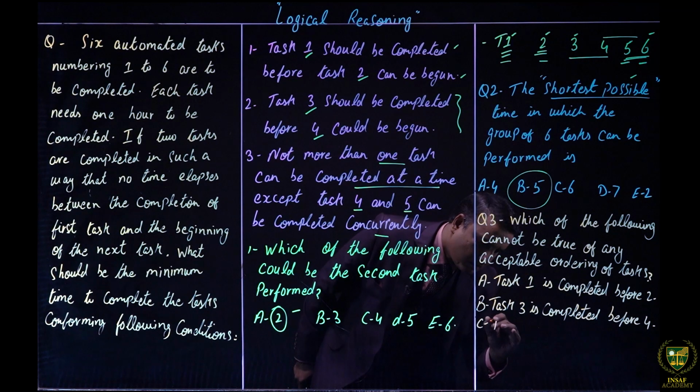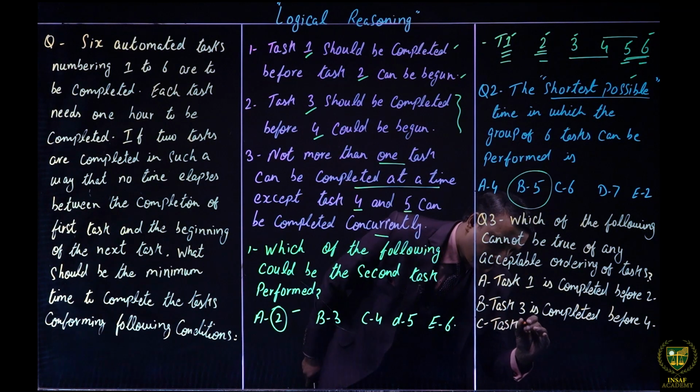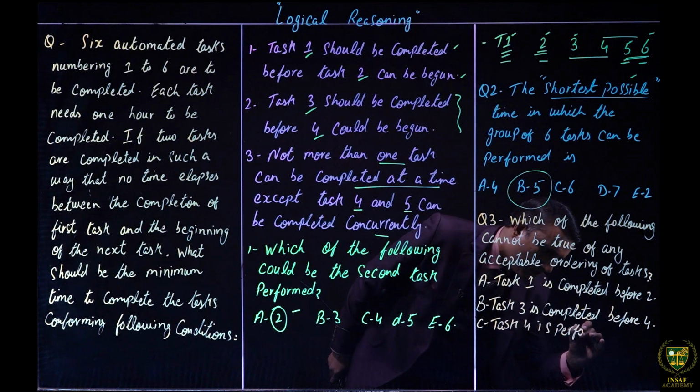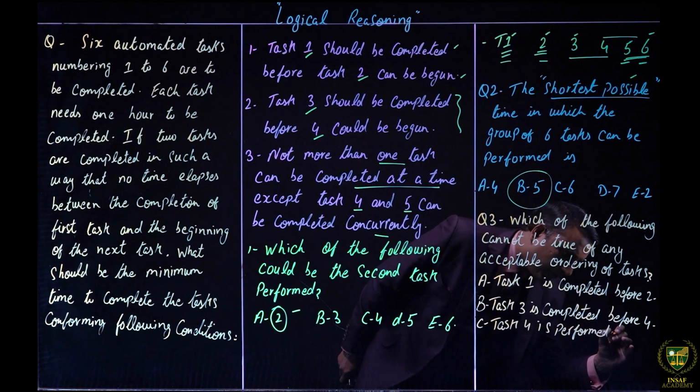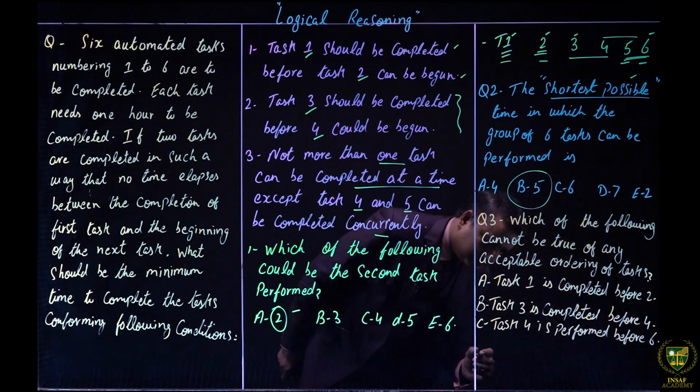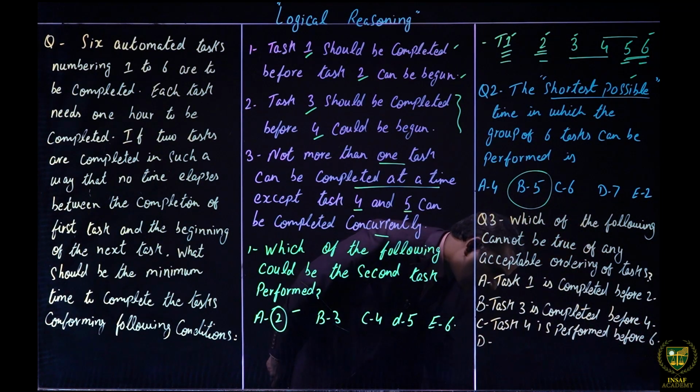Charlie: task 4 is performed before 6. Delta: